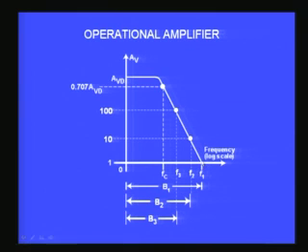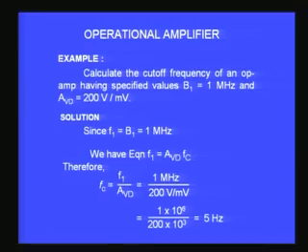This corresponds to 10 power 6, this will correspond to 10 power 5, this will correspond to 10 power 4, etc. So you can see as I keep increasing the gain, the bandwidth keeps decreasing, because the gain bandwidth product is a constant. Now how do we get the gain bandwidth constant? The simplest method I also mentioned to you is to make an amplifier with a gain of 1